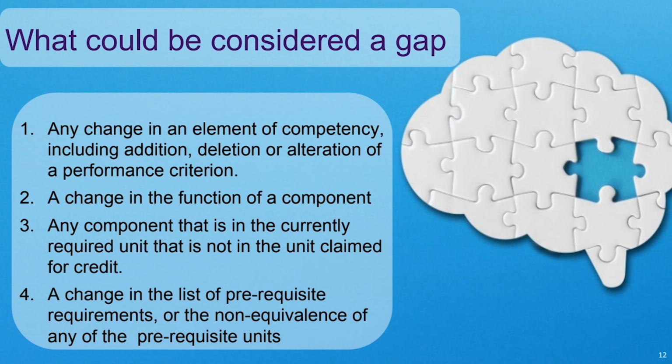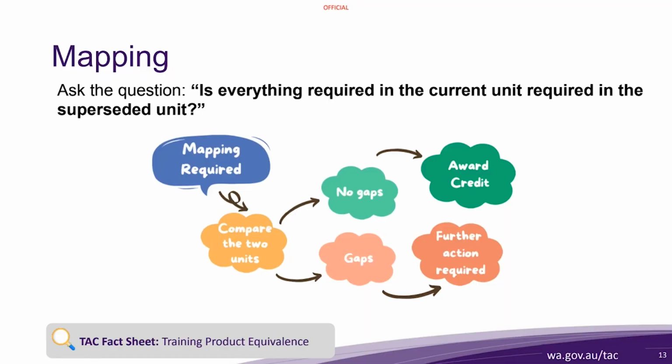Now, I know that in engineering and in other areas, there are quite a number of prerequisite units often asked for. And so one will have to go through the process not only of checking the unit for equivalence, but checking its prerequisites for equivalence. And that can be quite a task, and it's a task that needs to be done through mapping. So let's have a look at mapping as a process.